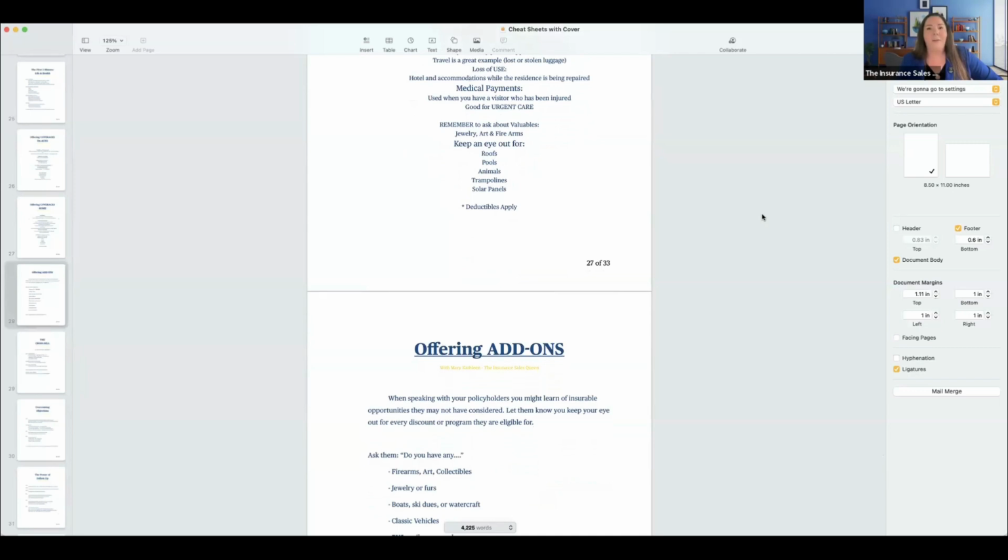Solar panels. I'm in Arizona, we got solar panels everywhere. If someone has solar panels, you just want to make sure that you're Googling their property. You can grab an aerial view. You can hit Zillow or Redfin to find these things out as well. And that's what insurance companies do too. Underwriting, once we write these policies and they're headed over to underwriting, they do a review. If you say no diving board, but they see a Google aerial view of a diving board, they're going to come back and say,